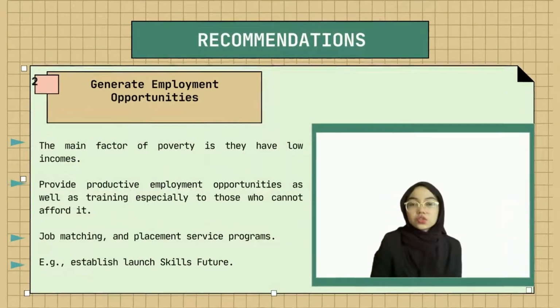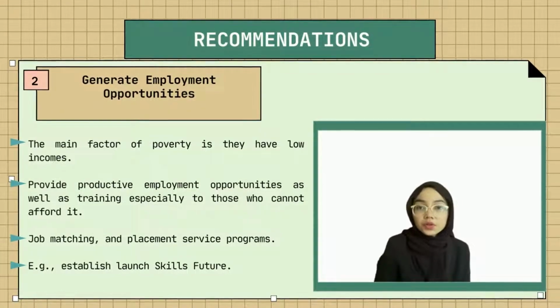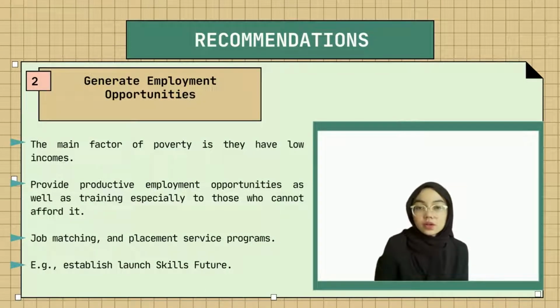The second recommendation is to generate employment opportunities. To reduce this issue from happening, it is important to identify the main factors that cause problems for the poor. The main factor is that they have low incomes. To reduce poverty, the government needs to provide productive employment opportunities as well as training for them, especially to those who cannot afford it and live in rural areas who do not have the opportunity to pursue higher education. Job matching and placement service programs can help to make the labor market more efficient, in turn increase